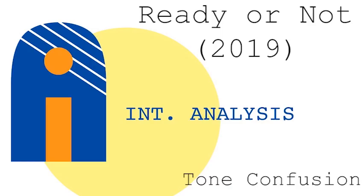Can we talk about why tonal change doesn't work for movies like this? Why doesn't it work most of the time? I'm asking you because I'm not so sure. I don't really know, because I don't know if there's anything I've reacted to like this in terms of tonal change. I guess one example of something like that, and I know you might be a little bit upset by this,